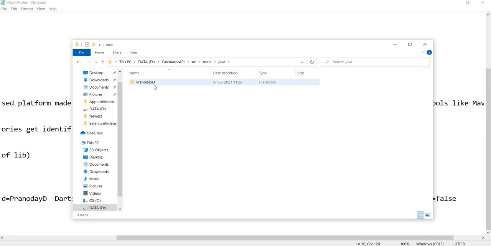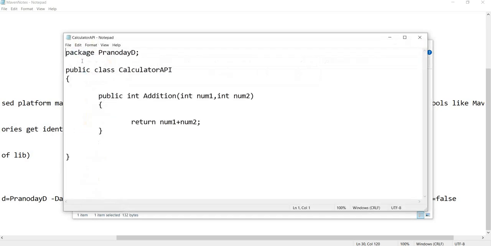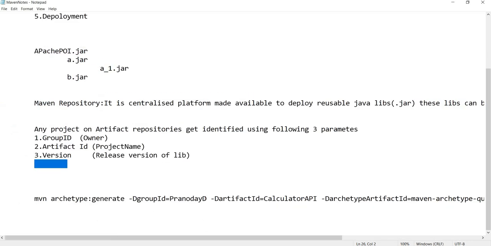Now what is this directory for? So if you see, this is a package directory. So our package, in which we will write our class, will get the name pranodad. Now you will see one template file also here. This is a template file and you can see there is a package entry created. Now where did this pranodad come from? So this came from the value which we set in the group ID while creating the project.